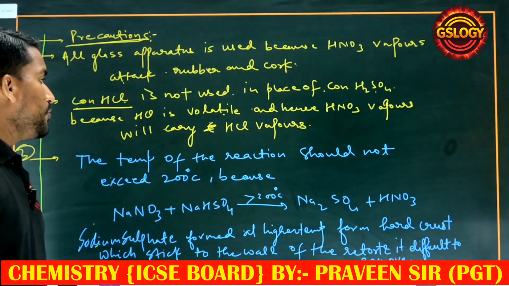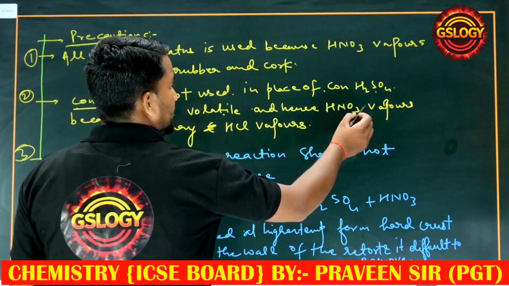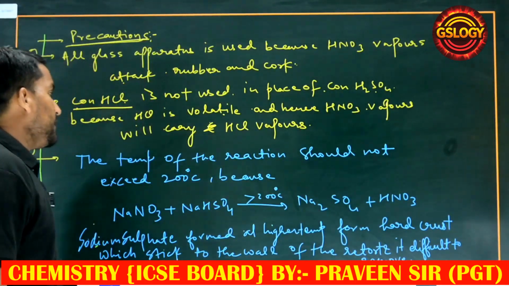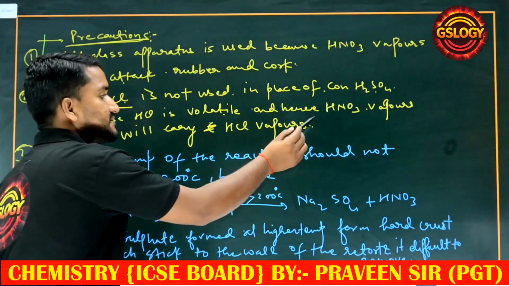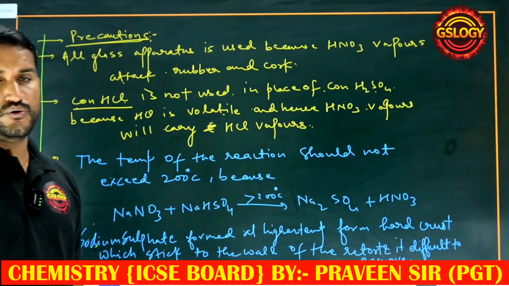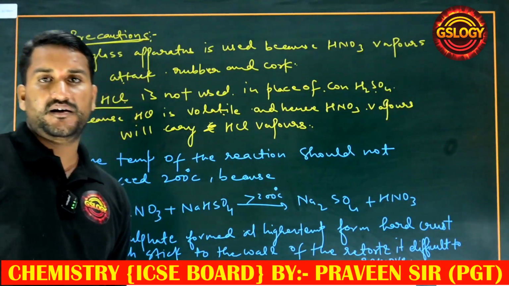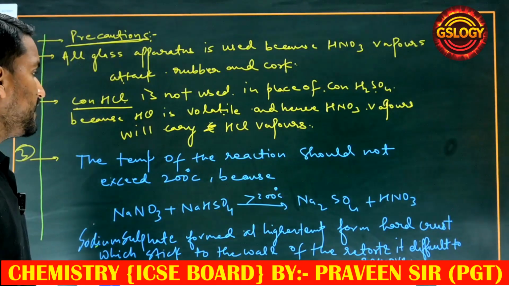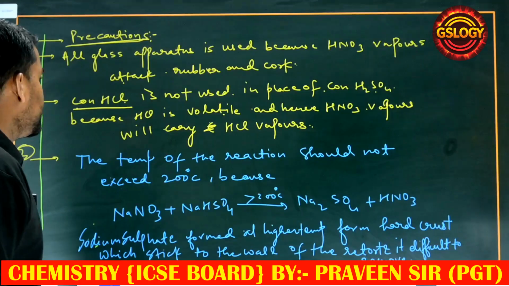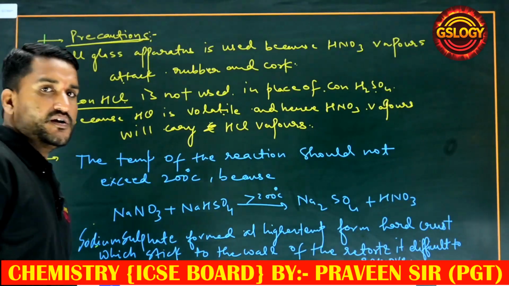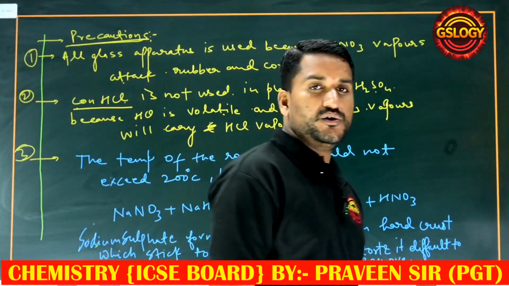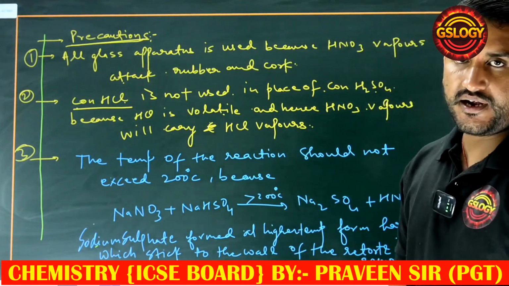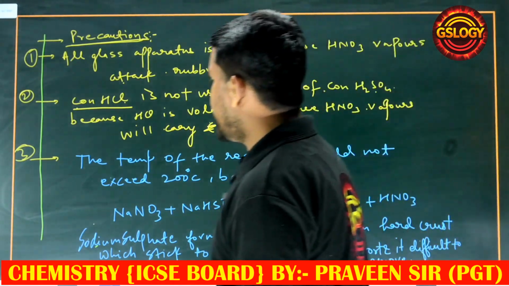HCl is volatile, hence nitric acid vapors will carry HCl vapors, whereas concentrated H2SO4 is non-volatile in nature. Clear? Means for the formation of nitric acid, never use concentrated HCl. Next point,